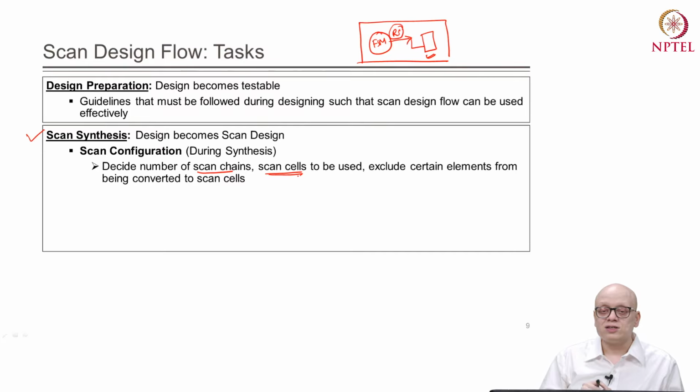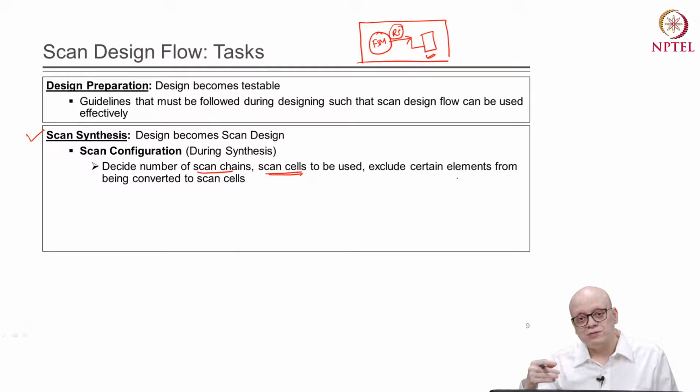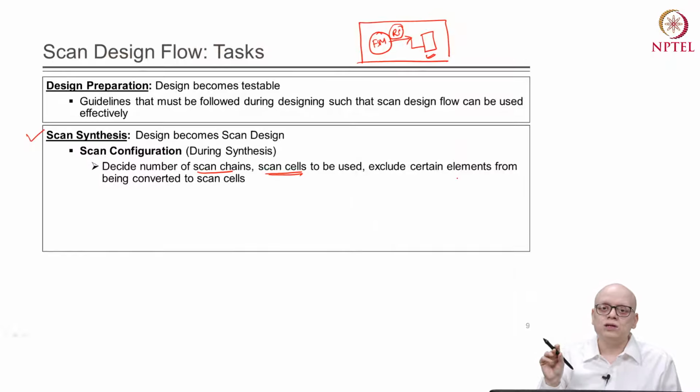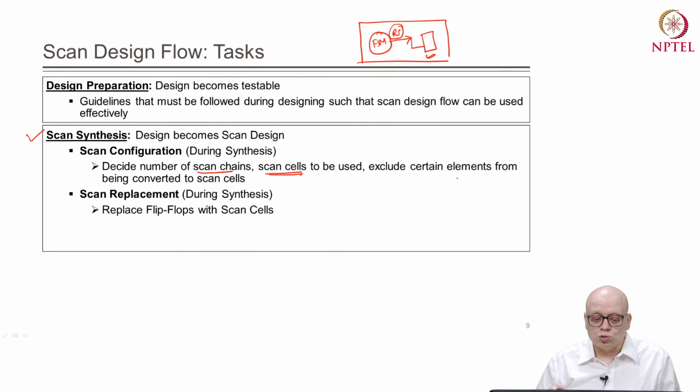Then we can give instruction to the tool on which scan cells we need to use in our design. And then we can exclude certain elements from being converted to scan cells. For example, if there is a register or flip flop which is in a critical path and we do not want to change or replace it with a scan cell, then we can tell the tool, okay, for this particular cell do not do scan replacement, right. So, those kinds of configuration need to be defined while doing scan synthesis or scan cell